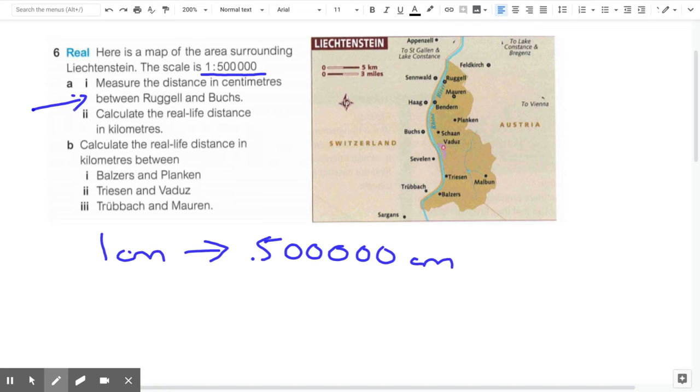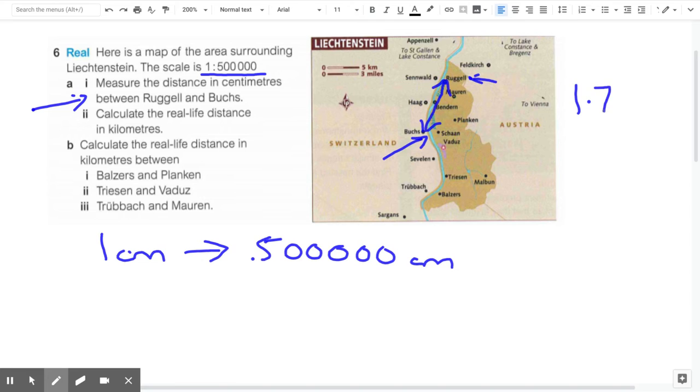So what we need to do, in order to answer question 1 here, is measure the distance in centimetres between Ruggell, which is here, and then Books, which is down here, and we basically draw a straight line. So if you're on paper, you can draw on the map. If not, you might just have to hold a ruler up to the screen, but we measure the distance between those 2 points there. Now, depending on the resolution of your screen, whether you've zoomed in or not, or whether you're on your phone, etc.,